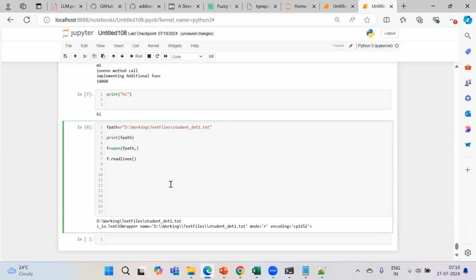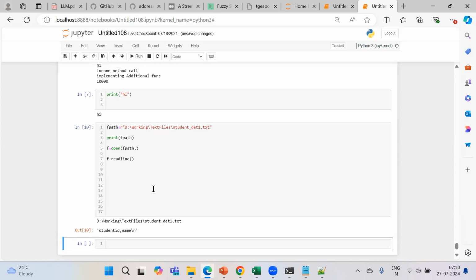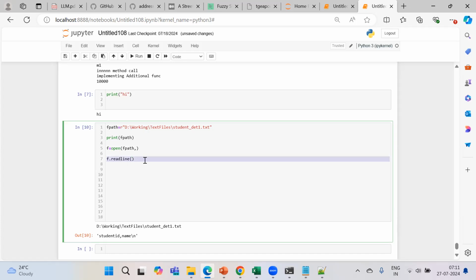What does readline do? When you say readline, it will try to read a complete line. If I just put enter, it will read the first line of your file. We have some lines in this file. So it is reading the first line, and if I call readline one more time,